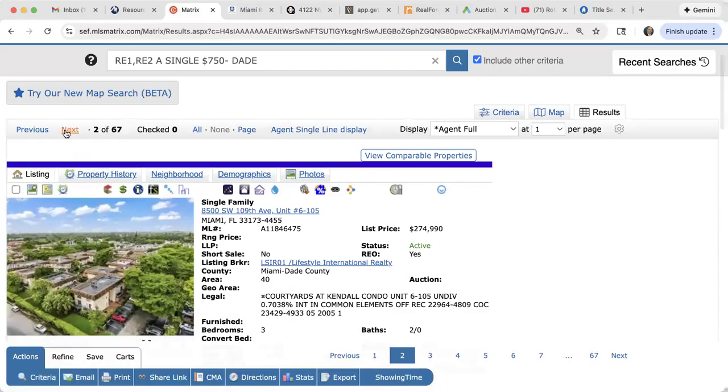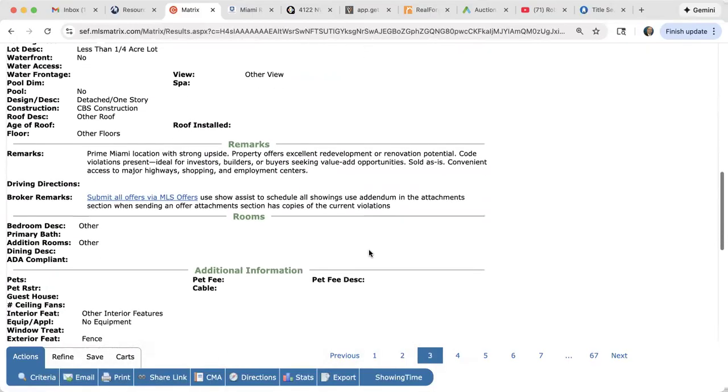Let's see if I can find you one. All right, so look at this one. Use showing assist to schedule all showings. Use addendum in the attachment section when sending an offer. Attachment section has copies of all the current violations. See,